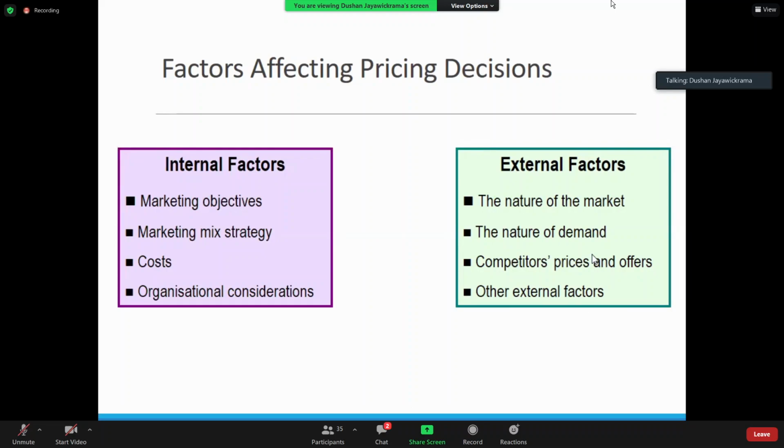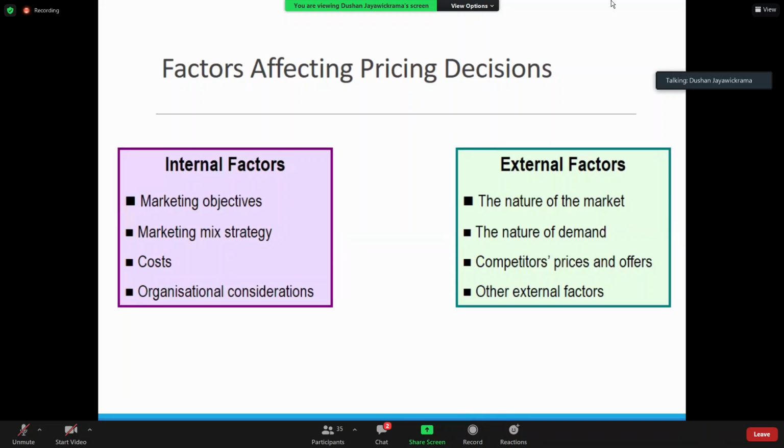And also the nature of the demand for certain products during the COVID period. You can remember what happened to things like sanitizers and face masks. In the initial period, face mask prices went up, skyrocketing, simply because there was a lack of supply in the market and huge demand suddenly emerged. But as the supply went up, the price came down.